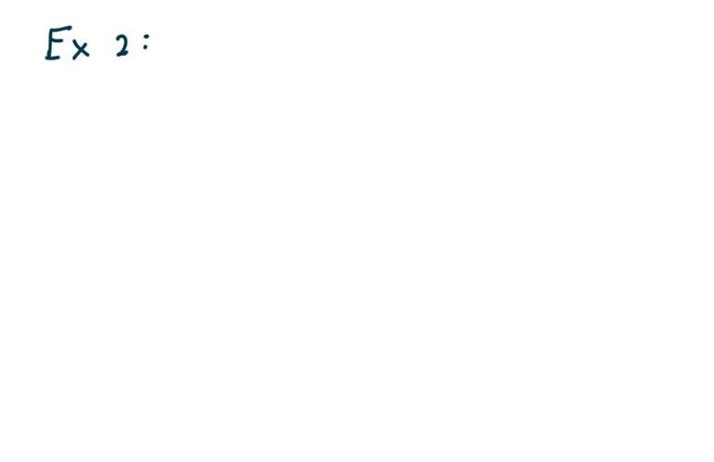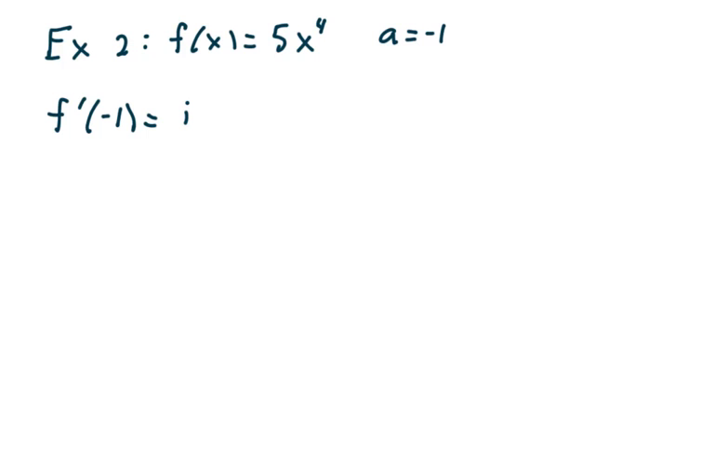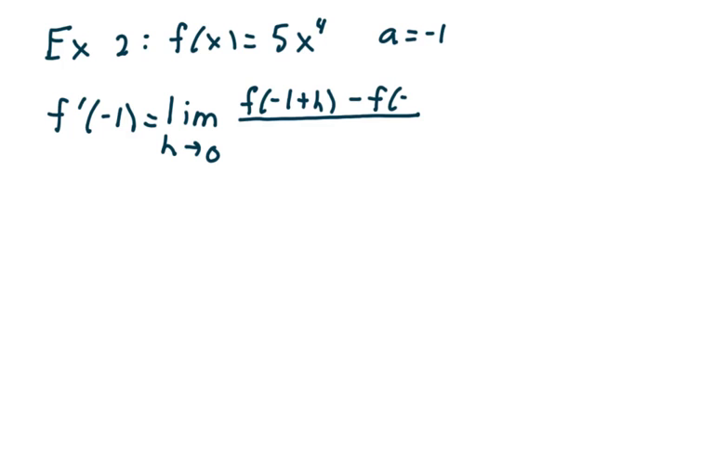In this example, f of x is 5x to the 4th, and a is negative 1. So f prime of negative 1 is the limit as h goes to 0 of f of negative 1 plus h minus f of negative 1, divided by h. And this is the limit as h goes to 0 of